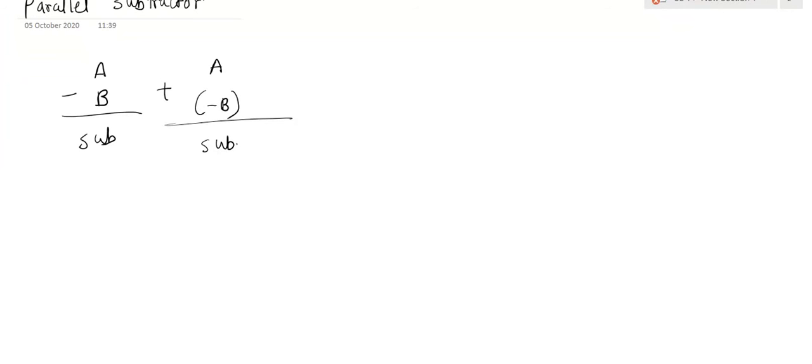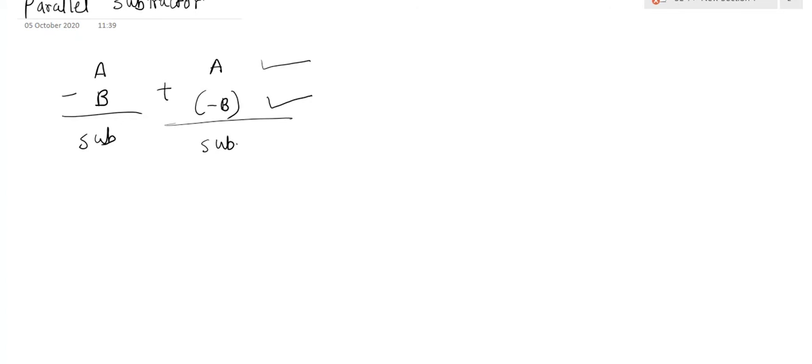When I want to implement the parallel subtractor, then I have to perform the addition of the first variable and the 2's complement of the second variable. Clear? Now how can I implement the subtraction operation by using an adder? In the full adder, I can give the first input as variable A and the second input as the inverter of the B, the inversion operation of the B. Clear?